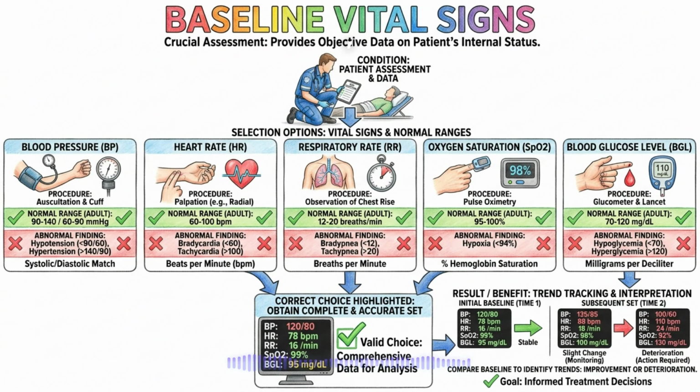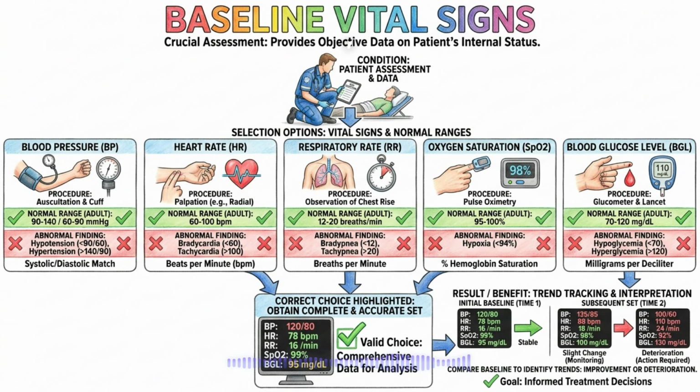A complete set of vitals includes blood pressure, heart rate, respiratory rate, oxygen saturation, and blood glucose levels. You must not only know how to obtain these numbers accurately, but also understand the normal ranges for different age groups, as the NREMT will expect you to recognize abnormal findings instantly. Comparing baseline vitals with subsequent sets allows you to track trends, showing whether the patient is improving or deteriorating under